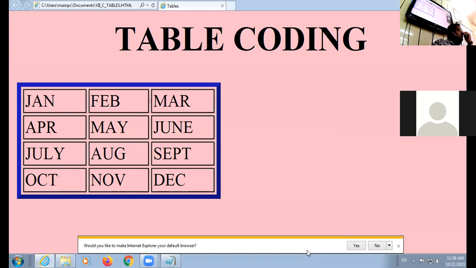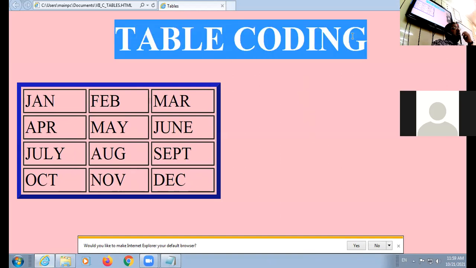Two things I'll be explaining here. First of all, this heading is in H1. It is appearing in the center because I applied the align attribute inside the heading element. The table which you can see over here, the table is by default appearing on the left side.